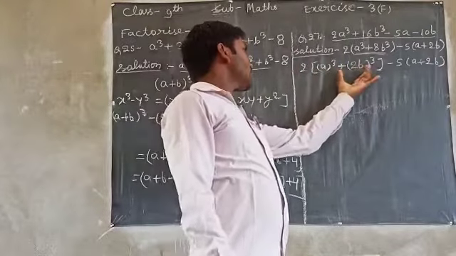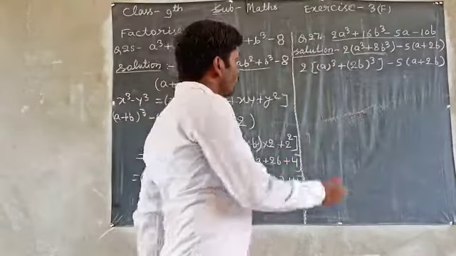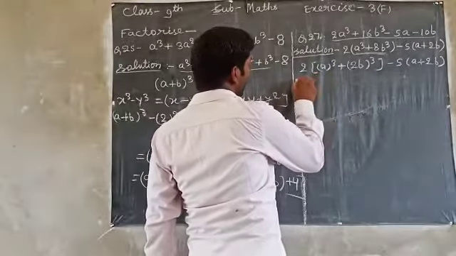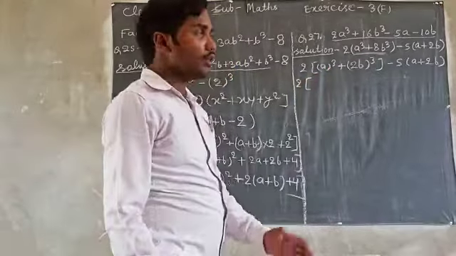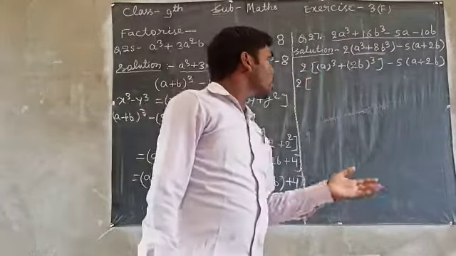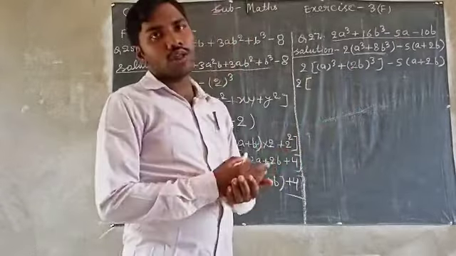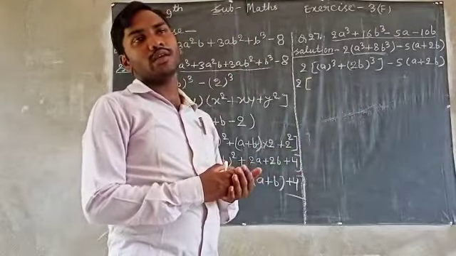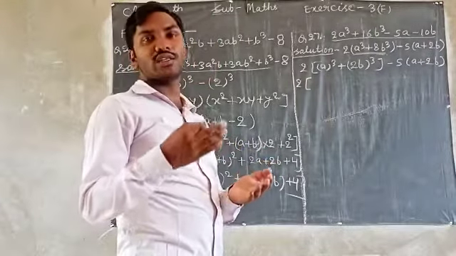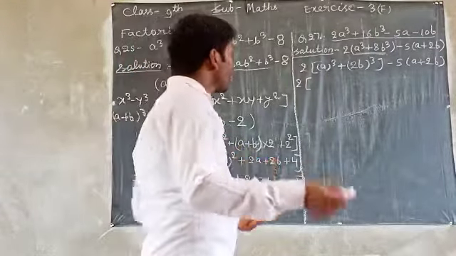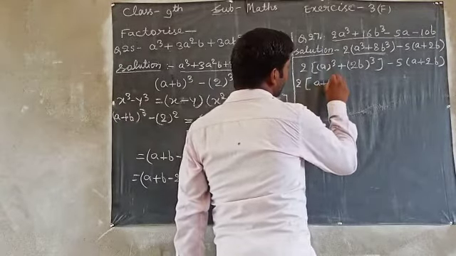Now this is in the form of a sum of cubes. So the formula was already given. Now I will put it in the formula. For this one, a cube plus b cube is equal to (a plus b) in one bracket, and in another bracket (a square minus ab plus b square). So here it will be (a plus 2b),